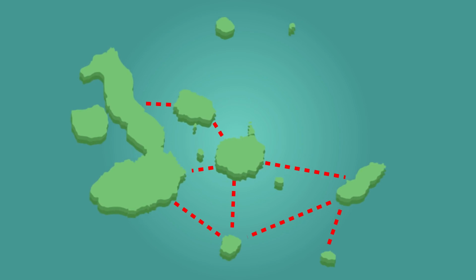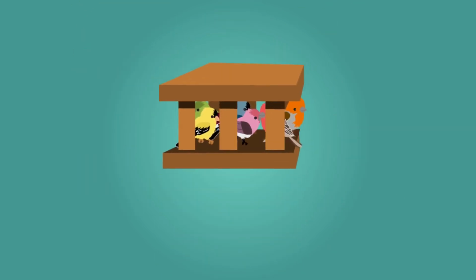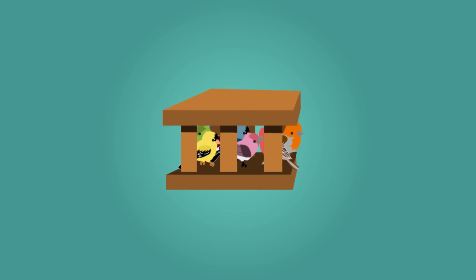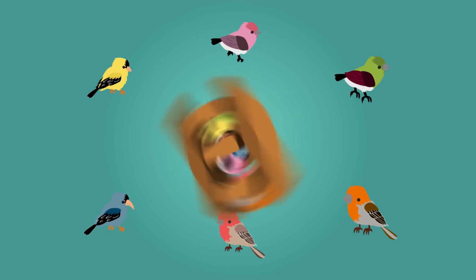Because of the distances between the islands, breeding between different species of finch was unlikely, and Darwin concluded that the finches must have evolved over time from the original mainland species to suit the conditions found on each individual island. In all, 13 of the birds brought back by Darwin were identified as being entirely new species, all similar to each other, but with definite variations from their common ancestor.